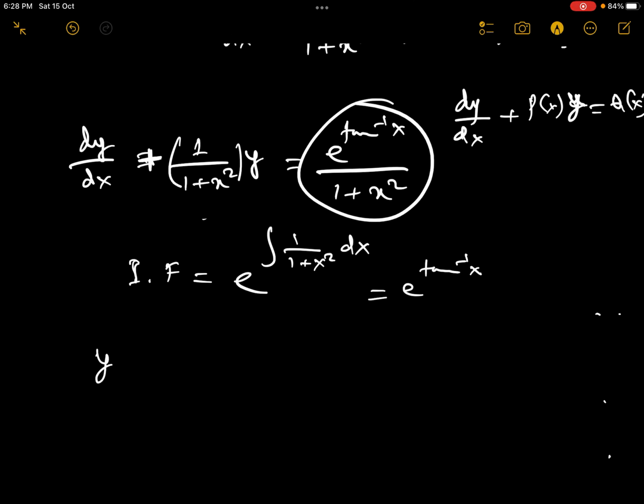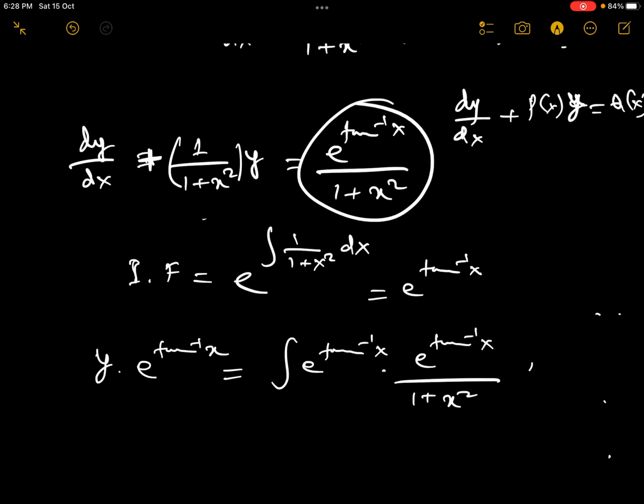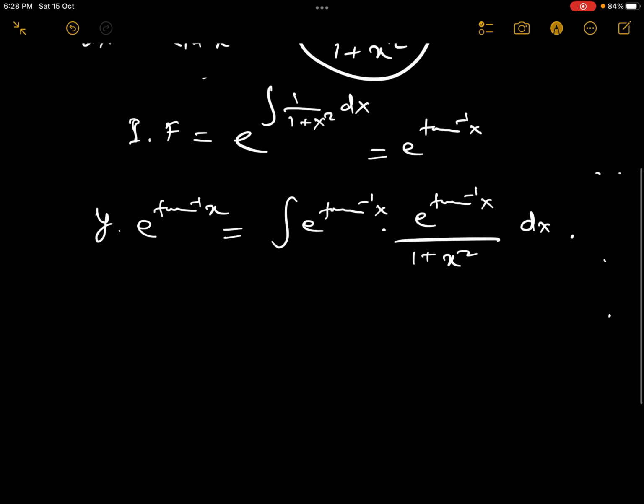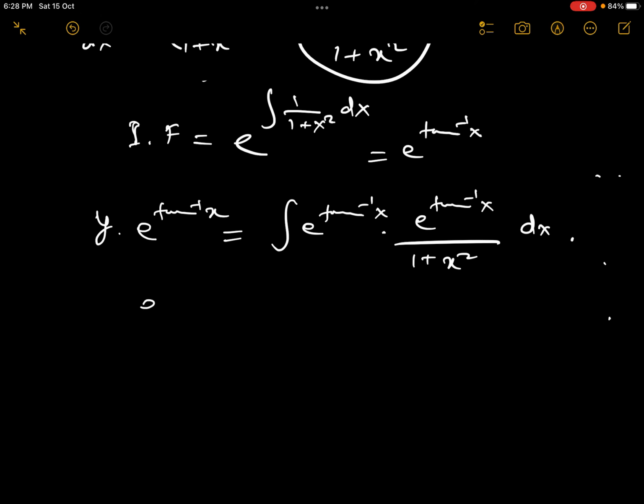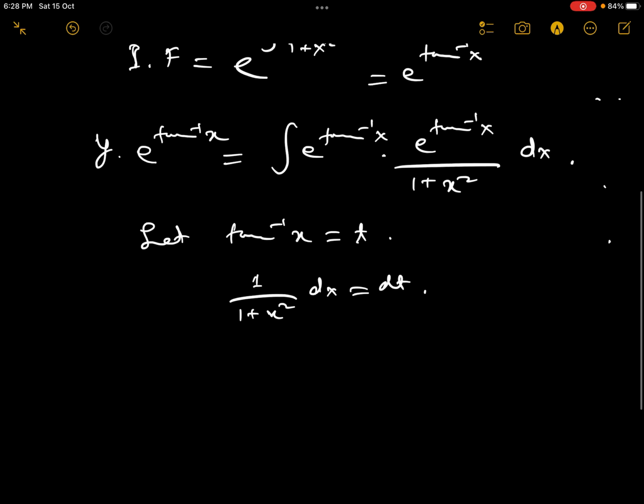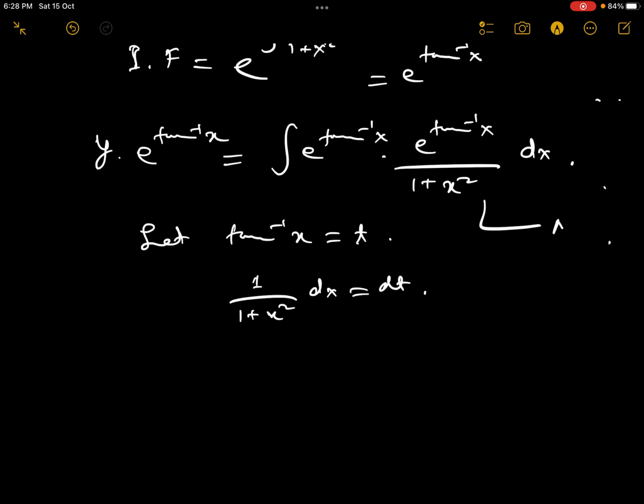So the solution is y times the integrating factor e power tan inverse of x is equal to the integral of e power tan inverse of x times our Q, tan inverse of x divided by 1 plus x squared, dx. Everywhere tan inverse x. Okay, let tan inverse of x equal to t. If we differentiate it, this will be 1 by 1 plus x squared dx equal to dt. So this equation, let's say A, becomes,